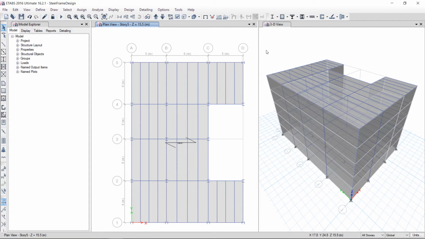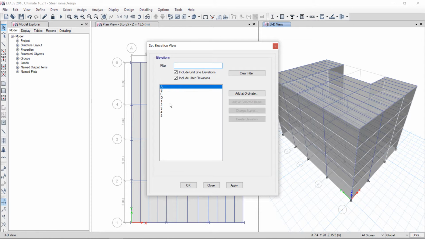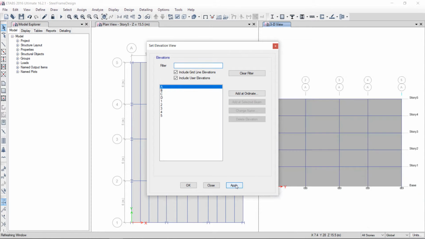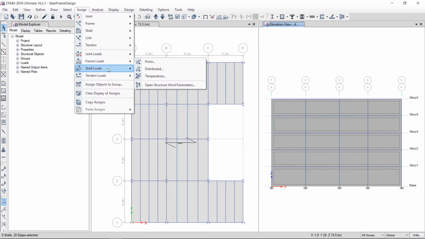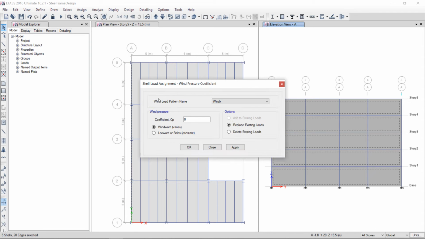I will open grid A, elevation A, apply. I will select, then the software automatically selects all the areas in elevation A of the cladding. I will go to assign shell loads, wind pressure coefficients. Okay, in the windward in the x direction. Okay, so I will put